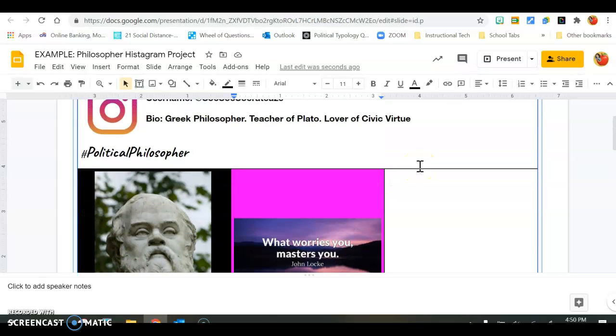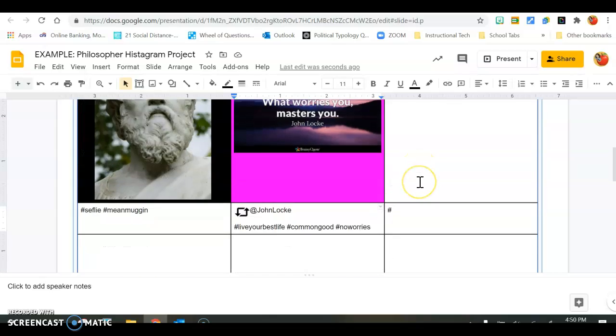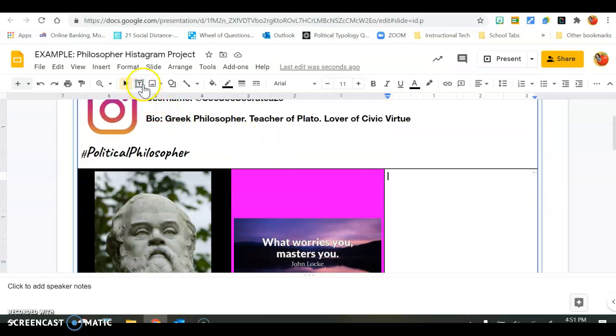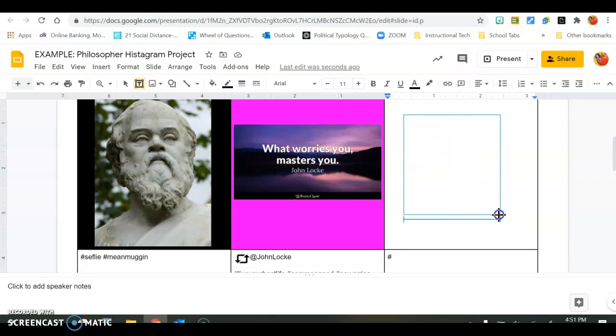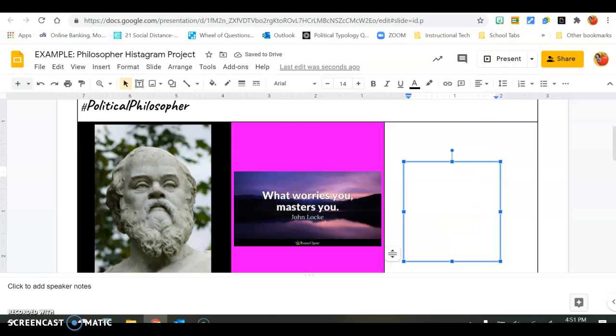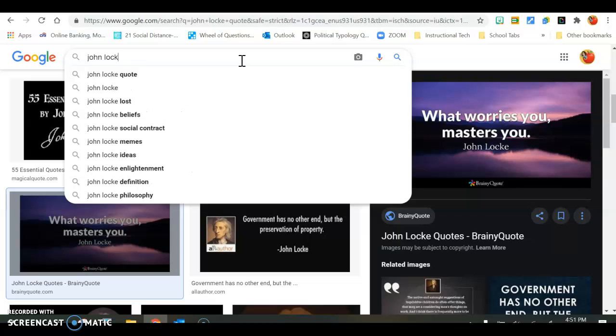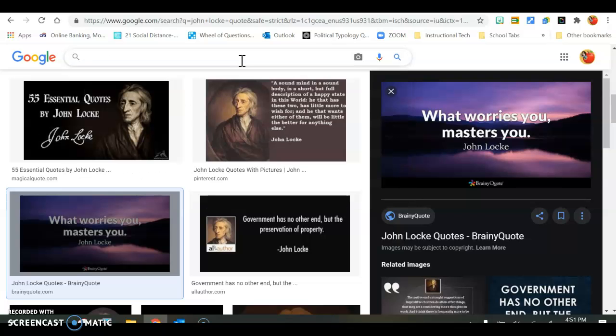Okay, the next thing that I need to do is teach you guys what to do if you can't find a pre-made image like this. So if that happens, you can add a text box like this. And so I might find a quote from a celebrity. Let's see, Socrates. Someone who really is important about the idea of equality is